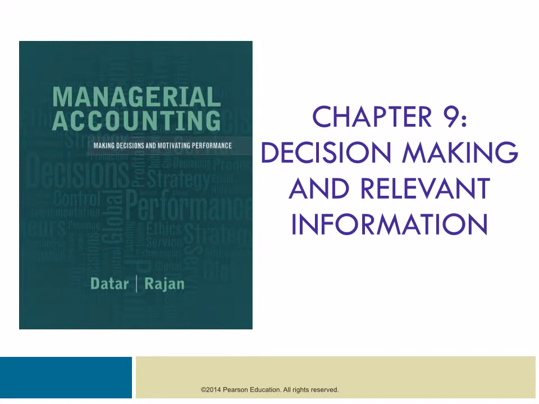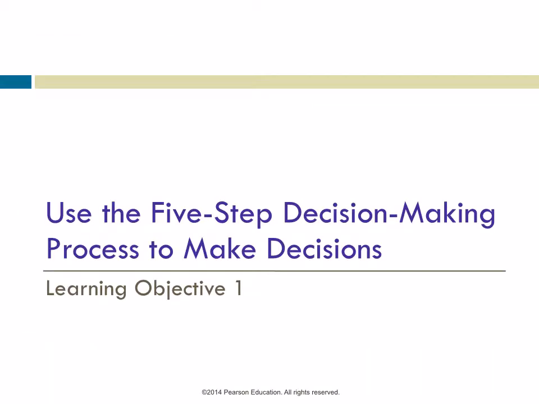So this lecture is going to be about Chapter 9, Decision Making and Relevant Information. The first part of the chapter goes back to the 5-step decision-making process that we've talked about throughout the book. Like I've said in previous classes and just in general, in my opinion, the 5-step process is kind of a little formulaic as far as what actually goes on in the real world. So, I'm definitely not an advocate of trying to memorize that or trying to apply it in